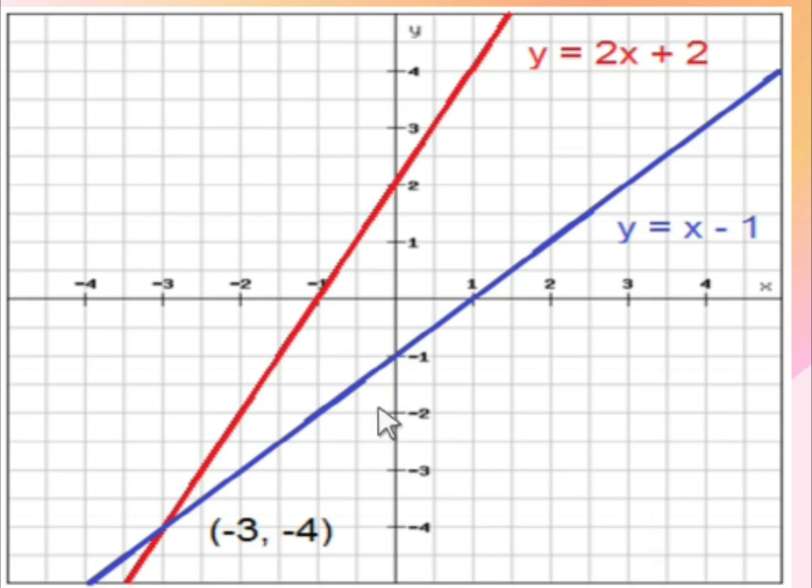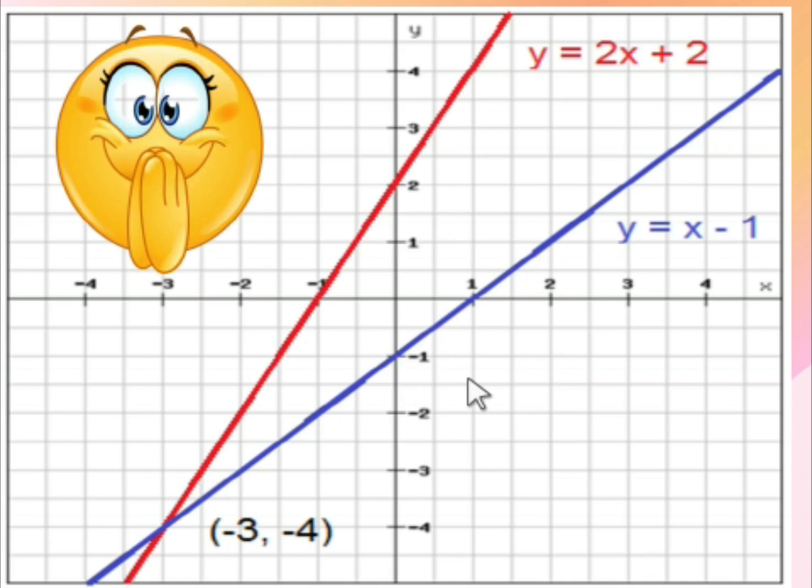Again, two lines are given. The moment we see this, immediately we come to know that yes, these are two lines and they intersect at the point (-3, -4). The moment we see it in the form y is equal to, plus 2, it is passing through plus 2. Hence this line is correctly drawn when you draw it in the exam. Same way, this is minus 1, so automatically it will cut the y-axis at minus 1. This is something which you should see from the answers, from the graph.